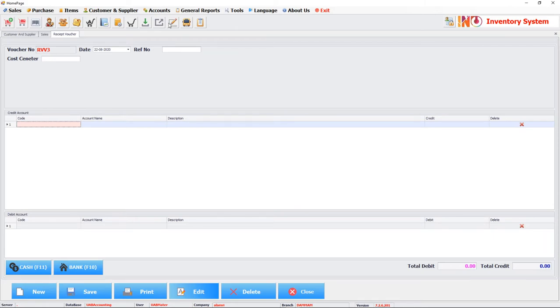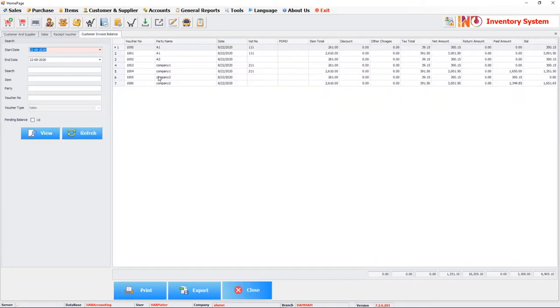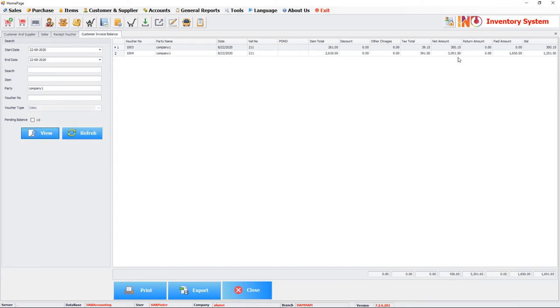No. Now we would like to check. We go to customer and supplier, reports, then customer invoice balance. Let's choose company 1. View. As you can see over here, this is the first sale we made. It hasn't been paid yet. The second one, we paid half of the amount,